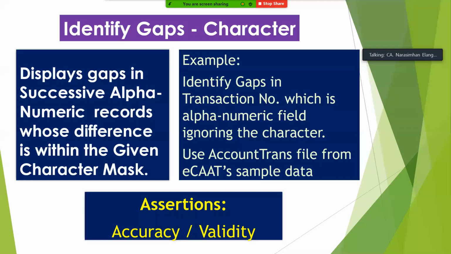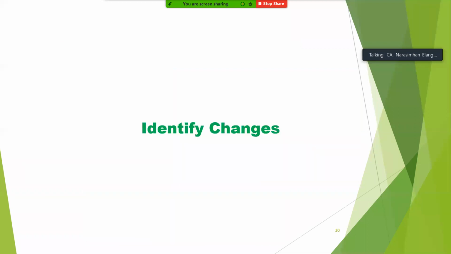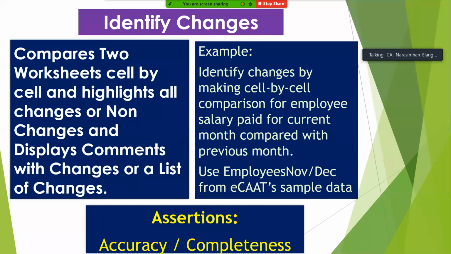All right. Can we now go to the next one? Now, let's look into identify changes. This changes feature is basically for wherever you want to compare two files, or two spreadsheets or worksheets. You want to compare this cell by cell and highlight all the changes and non-changes. Especially if you have a file and you have sent that file to your client, and the client does all the editing and comes back to you, you don't know where the changes are. Correct? In Word, we have an option called track change mode. In Excel, something like that is difficult. So can we apply this?